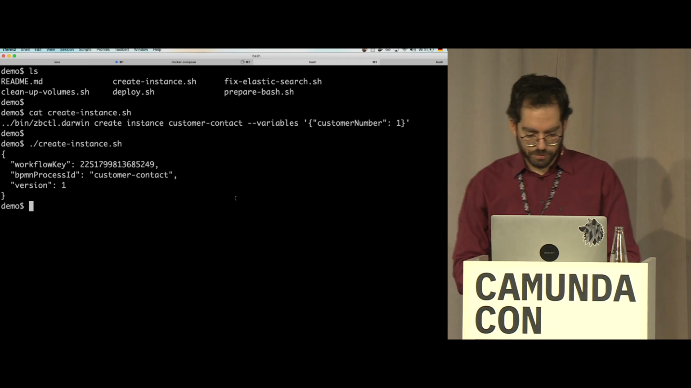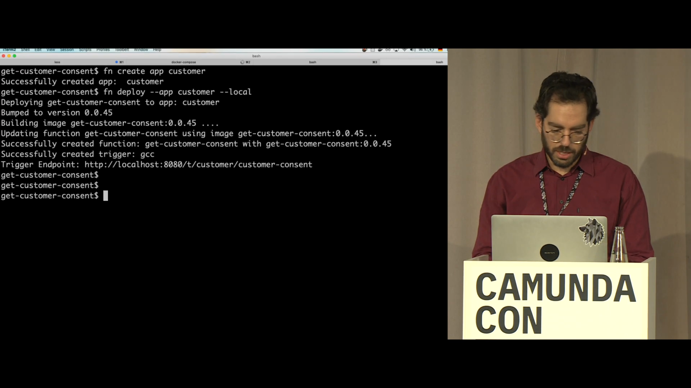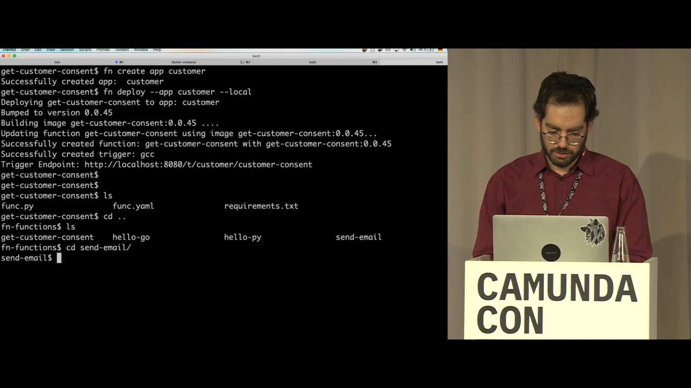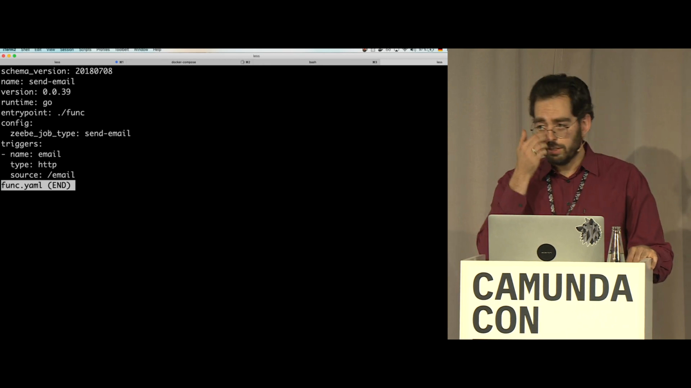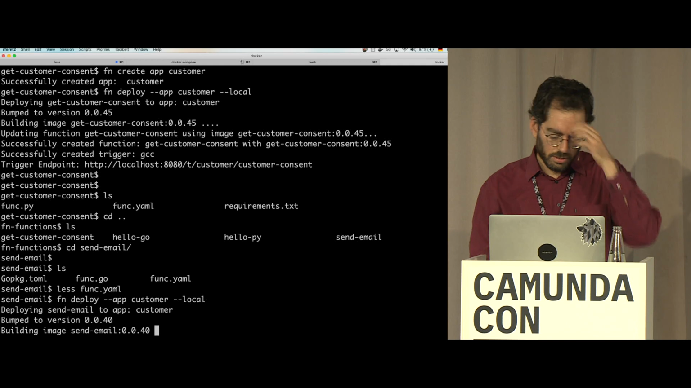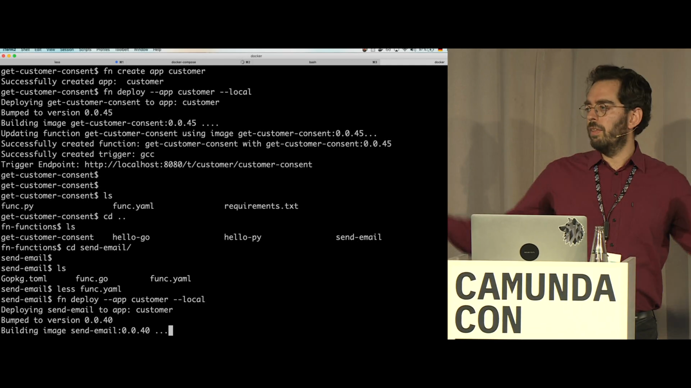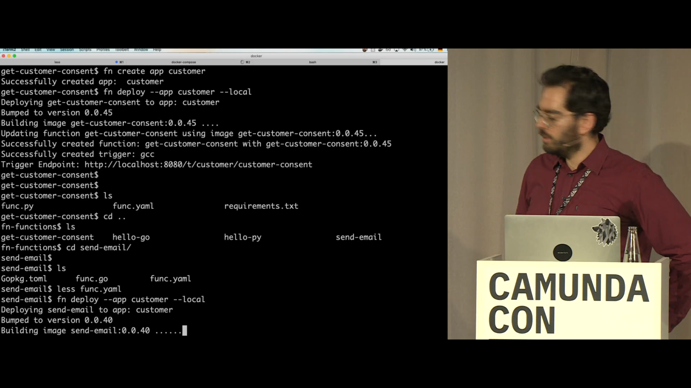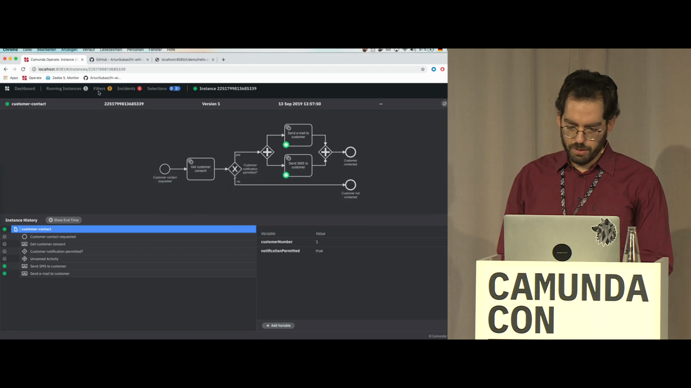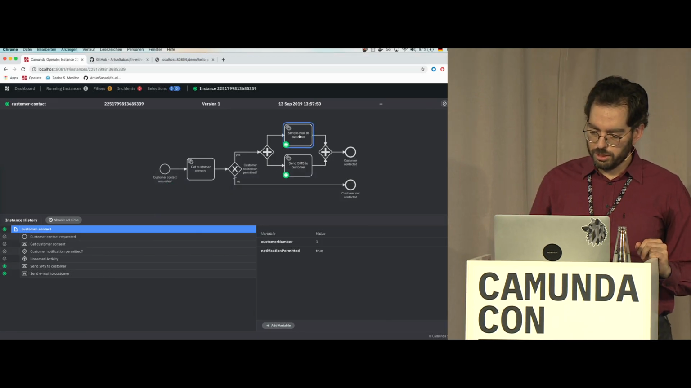So let's go back. I'll deploy the other function that I prepared. That is the send email function, and I'll deploy that as well. I also configured it. If you have a look at func YAML, you can see it is configured so that it handles the send email job. Deploy app customer local. Again, this creates a Docker image, and the plugin will kick in and process this job here. If I refresh in a couple of seconds,